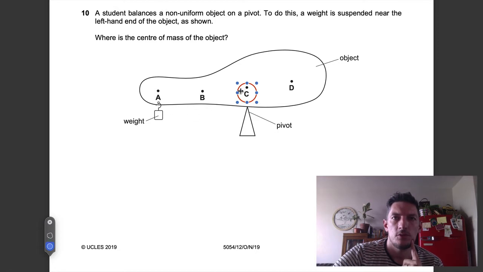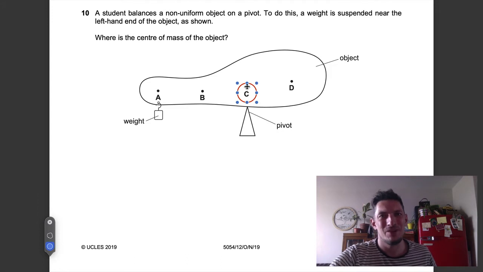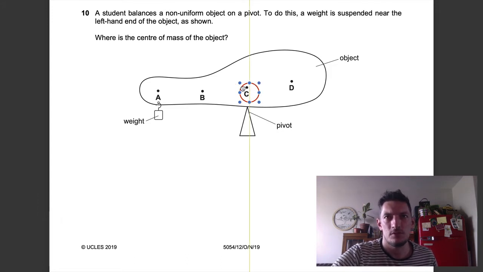Now, what do you think about just the object itself? This is actually not the right answer. Okay, think about what would this weight do to the center of mass? Would it move it to the left or to the right? I think we would move it to the left because it's an object that's on the left. Hence, the correct center of mass is actually at D